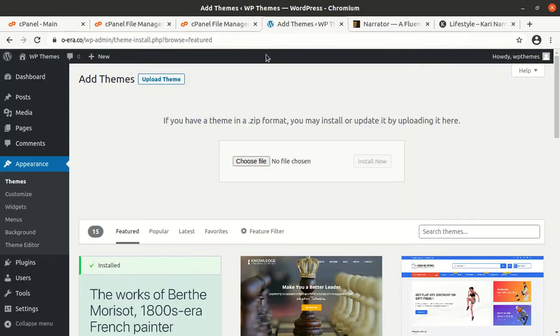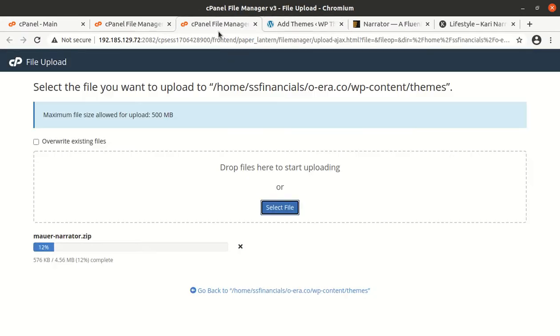Either you can upload from the WordPress interface or you can directly upload at your hosting, and the theme file size is 4.56 MB, which is really very less, and we can consider this theme as a lightweight theme, and it is going to run fast on your website as well. So your website is going to be fast with this theme. We can conclude this, and it will not take much time in loading.